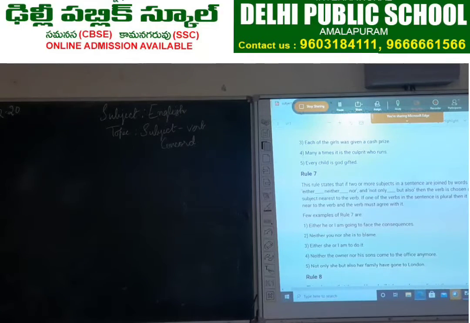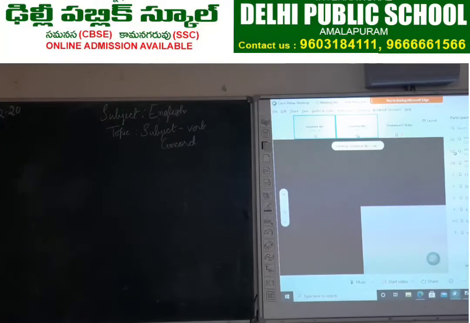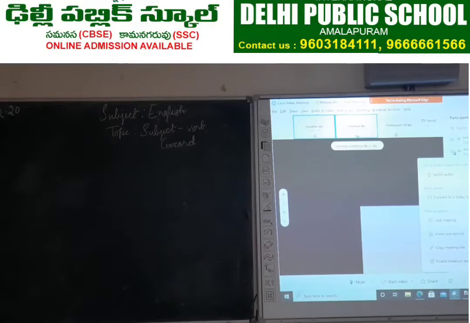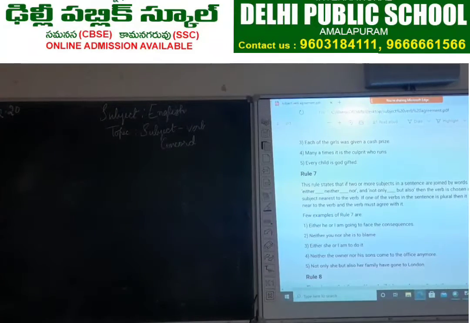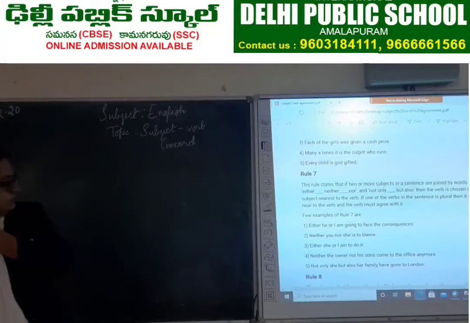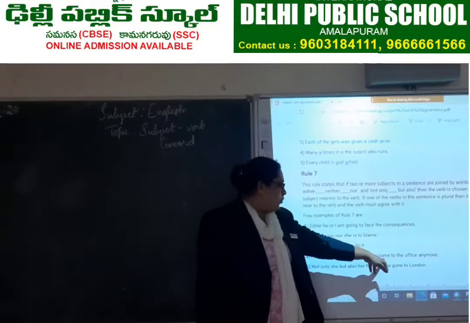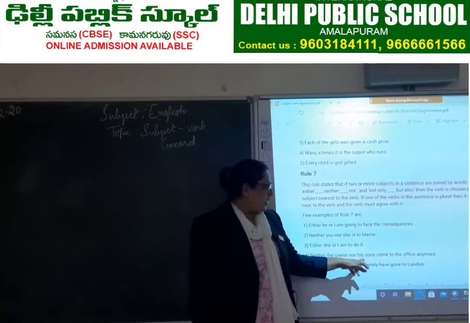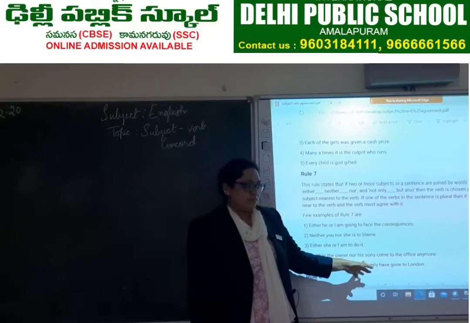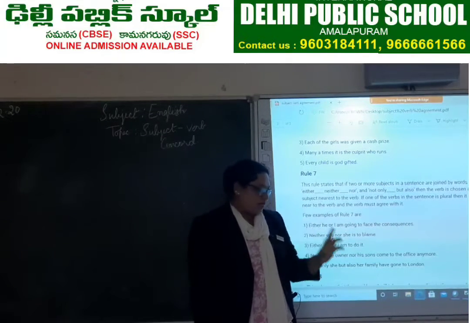Okay. How about in 4? Neither and nor. We use neither and nor. The subjects are the owner and his sons. So here his sons is plural. So we use come. Why? Because this verb come is very near to his sons, the subject. His sons is the subject here, and sons is in plural. Please sit down. Thank you so much.